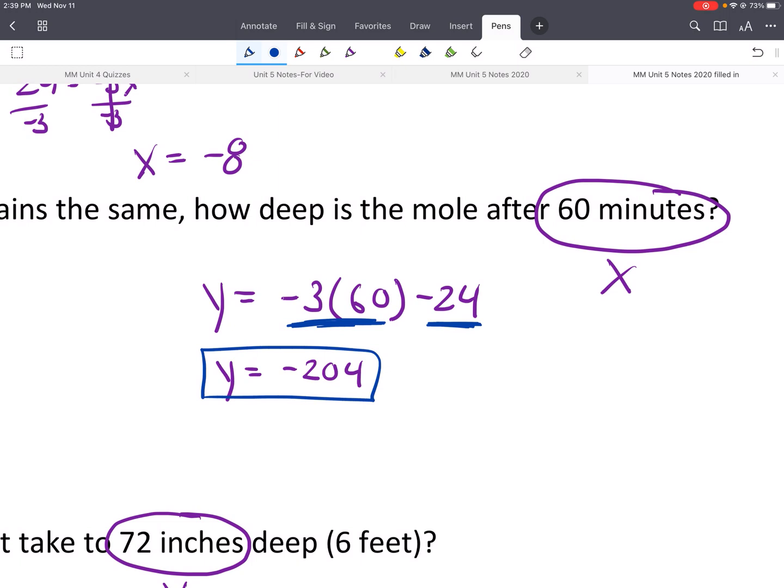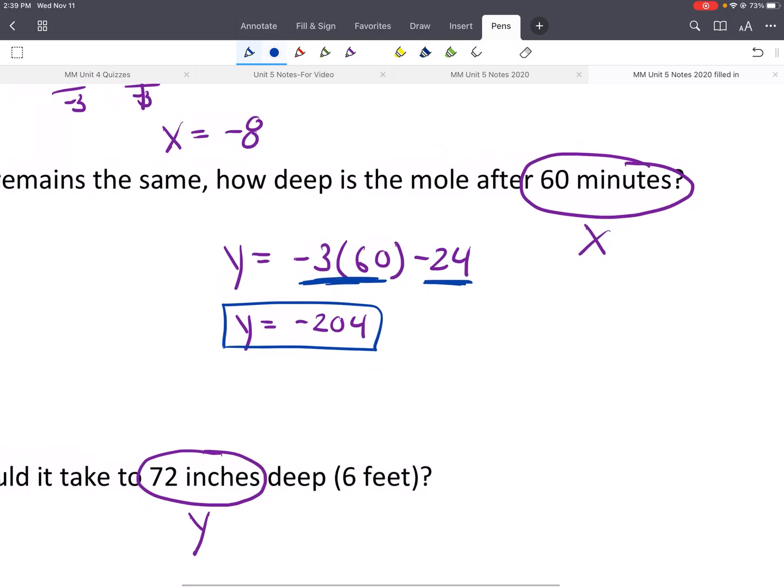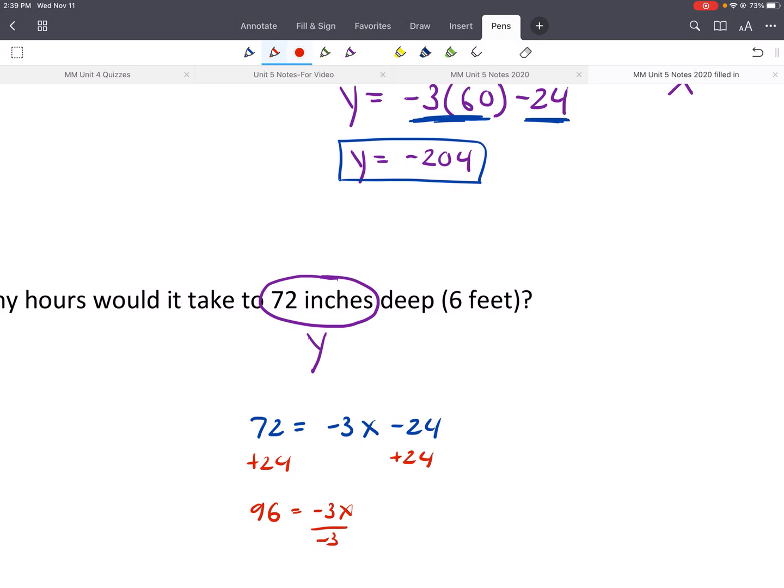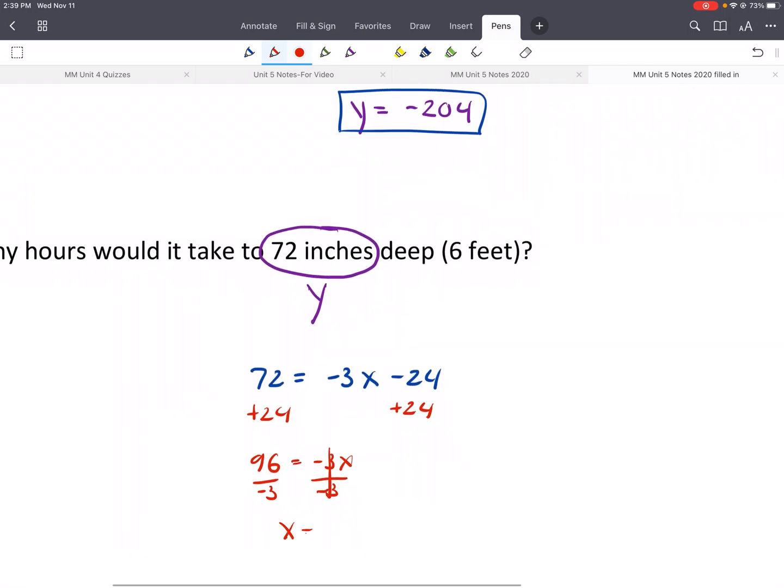Okay, and that's pretty significant. If you divide that by 12, that's like 17 feet. And that's pretty impressive. Okay. All right, and then if we want to do the other, we'd plug that in for y. So 72 is equal to negative 3x minus 24, and we would solve. So we would add 24 to both sides. That would give us 96 is equal to negative 3x, and then we divide both sides by negative 3. So 96 divided by negative 3, that gives us x is equal to,